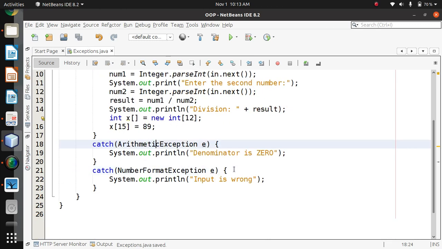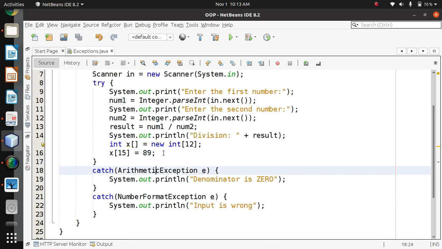Everything else will be correct, only this statement will raise an exception, line number 16, because 12 spaces are reserved but I'm saving something at the 15th location. Even at the 12th location you can't store it. 0 to 11 are available there. At location 15 I am storing 89.